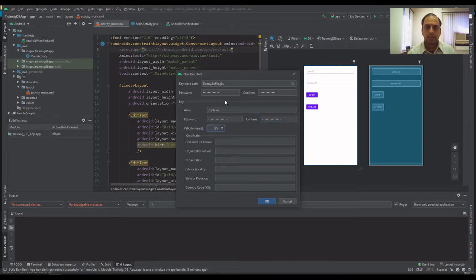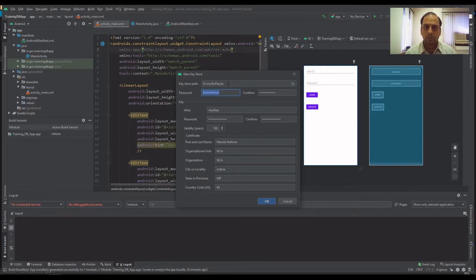Alias password, validity is say 100 years. NCA. India. Okay. These are all the values.